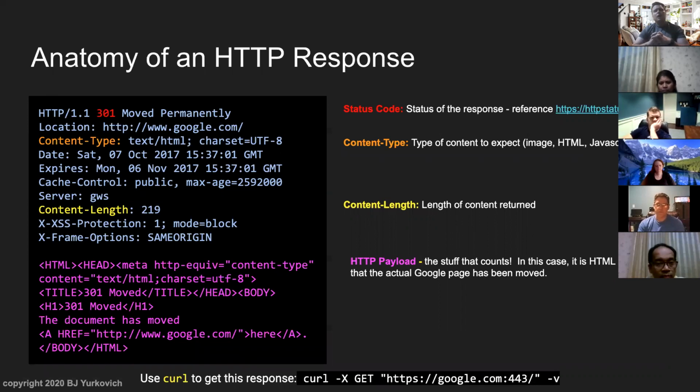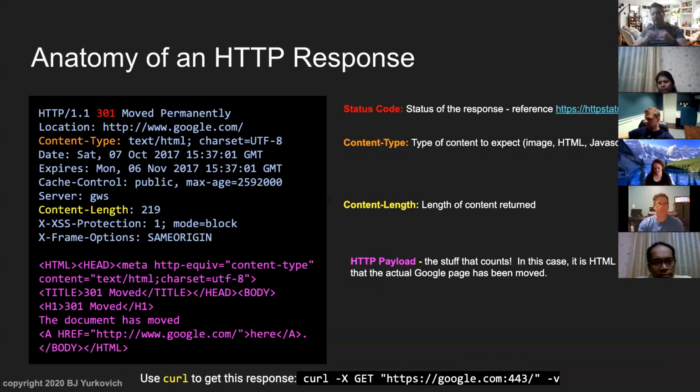There are other parts of the HTTP response, though. So what we just talked about is the request, what you send to the cloud as a client in order to set up and get a response back. So what does the response look like? What does a server typically respond with, in the context of speaking HTTP? Well, the first thing is a status code. Second thing is the content type. So you can, as the client, say, hey, I'll accept HTML, but it doesn't necessarily mean the server will send it back. But what it can do is set the content type.